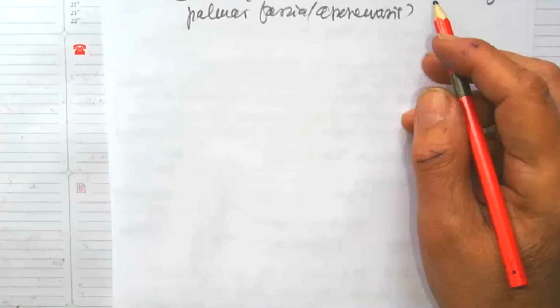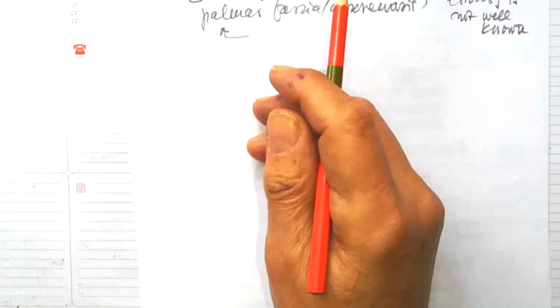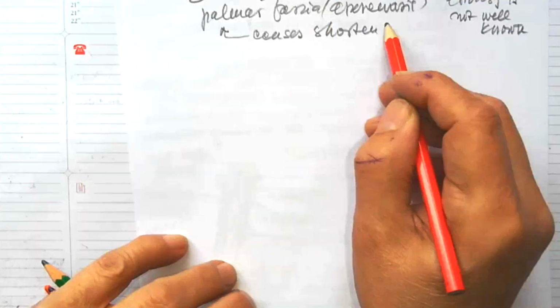And we don't know exactly the etiology. The reason is not well known. This is a fact. But the palmar fascia aponeurosis is affected, we don't know exactly the etiology, but it causes the shortening of fascia,